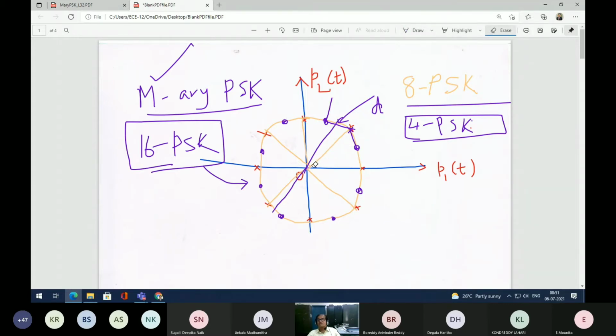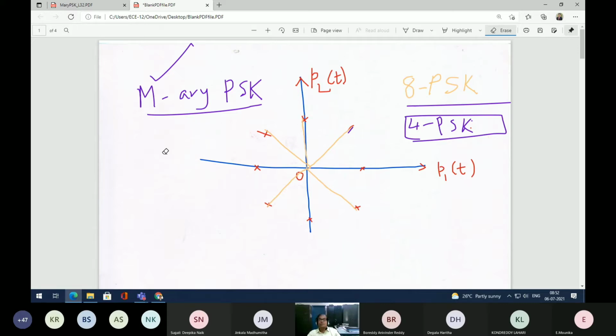What I'm trying to say is, for 16 PSK, it is going to be very difficult to draw. I'll show you for 8 PSK so that it will be convenient for you. Let me draw. Yeah, let us take this is 8 PSK. In this case, what is the equivalent distance here? The equivalent distance is slightly larger than the previous one. This is your equivalent distance. Now you draw a perpendicular line to this.